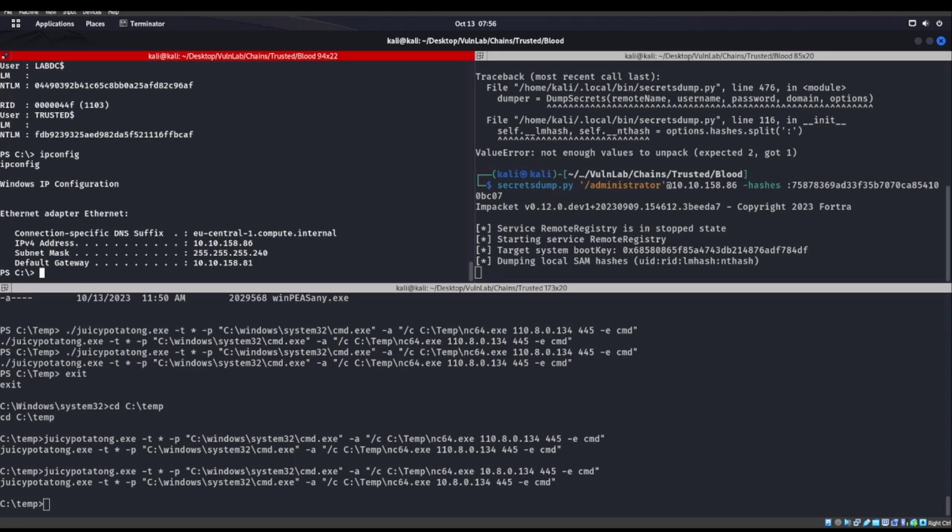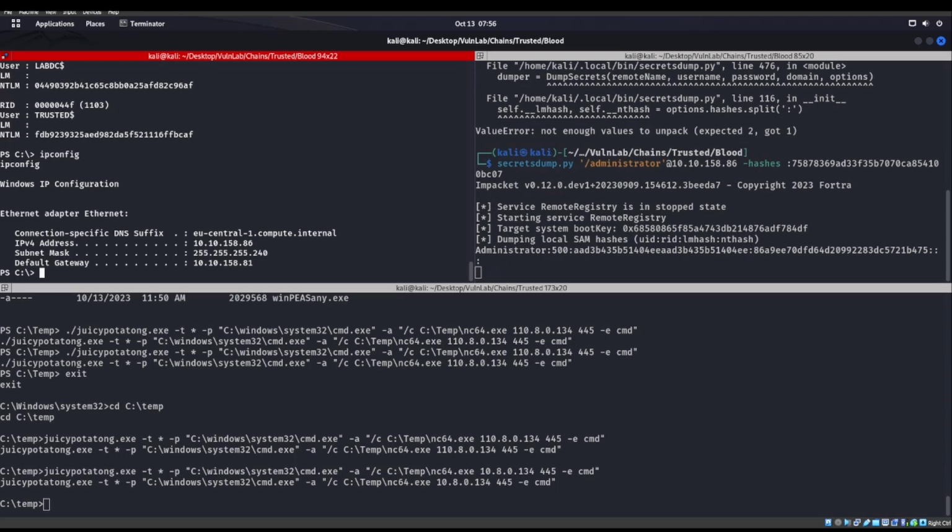With that BloodHound on the system, now what we can do is go ahead and run... we had BloodHound, we were able to change eWalter's password, which allowed us to WinRM into the system. Once we WinRM in, we saw that